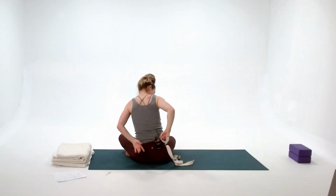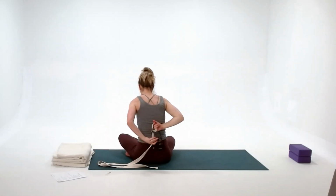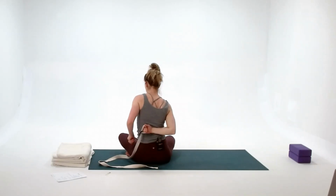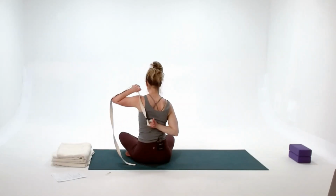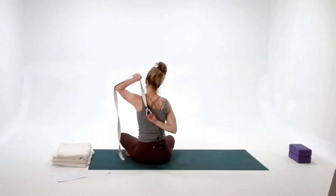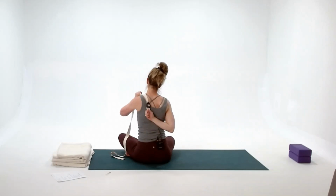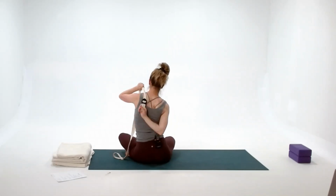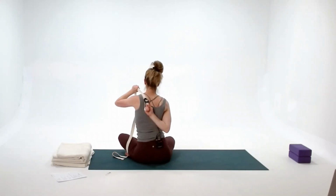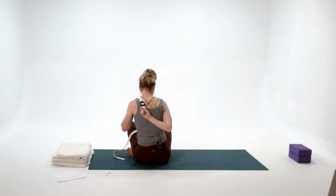So I'm holding onto the strap, and the length is downward. And then I'm going to use my left hand to guide this up and over the left shoulder. So I'm going kind of kitty corner. So I've got my right hand, and then it's going up towards the left shoulder, and then I'm scooching my right hand between the shoulder blades. So it takes a couple little scooches, and then most importantly, drawing,